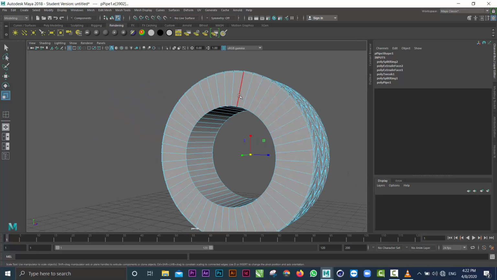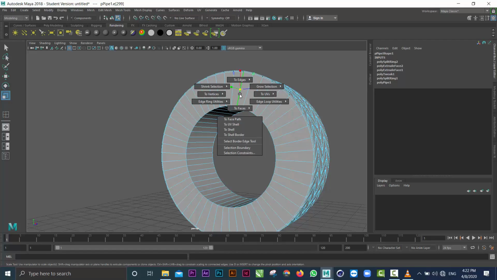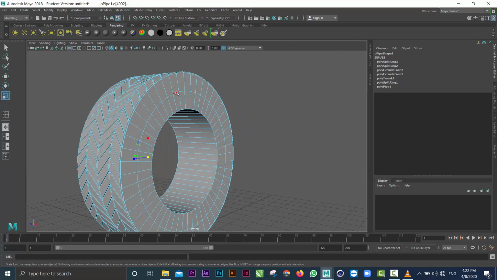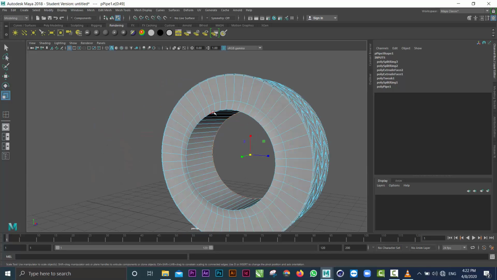I click on edge, shift, click, okay, split. Holding the shift key, I select the other aspect to remember the process. Then I want to scale the ring downwards towards the edge. Then I select this outer edge here. I select the other side as well, holding down the shift key, then clicking twice to go around the edge. Then I want to scale inward now,